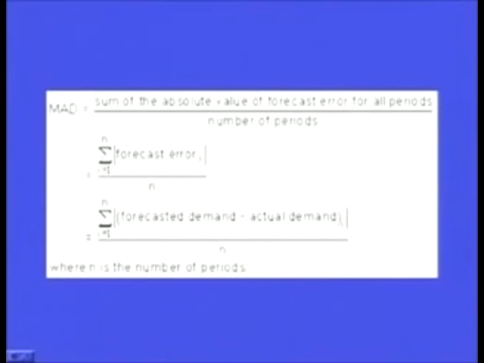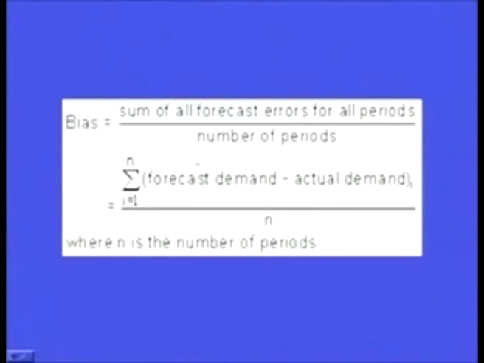in the previous performance measure we have seen that MAD is giving the absolute value and bias is not giving the absolute value. So the difference between MAD and bias lies in the absolute value being taken in case of MAD, and in case of bias we are taking the general value or the value that is coming out. So here we can have a negative value also and a positive value also, and a direction, we can say that always we have been under forecasting or always we have been over forecasting. So in bias we will be able to gauge the direction of forecasting also, whether positive or negative.